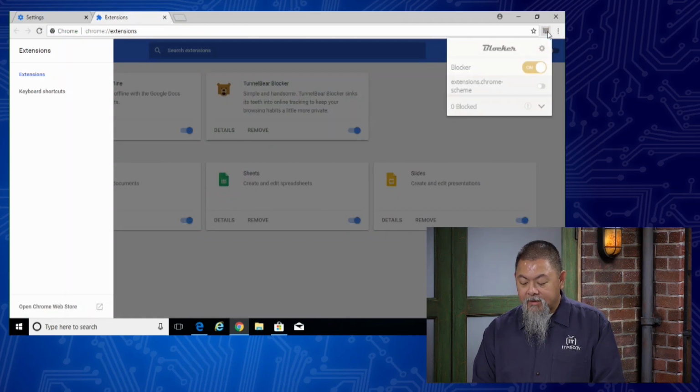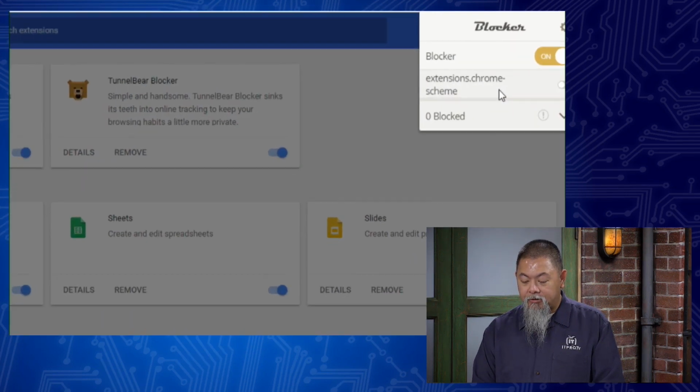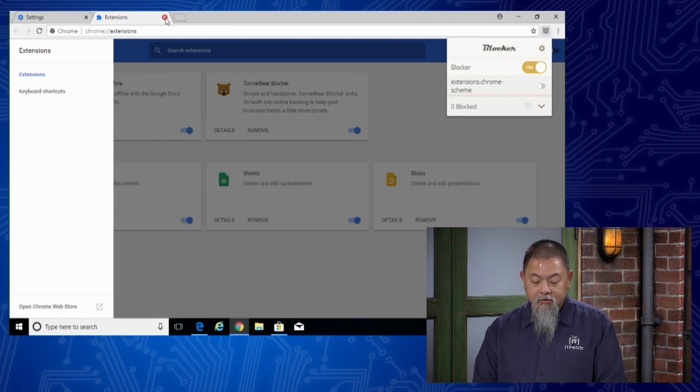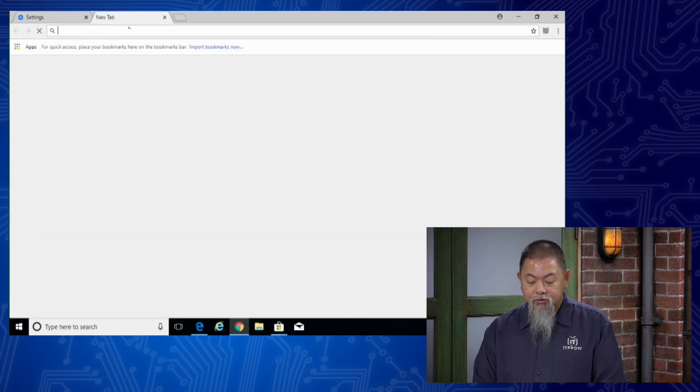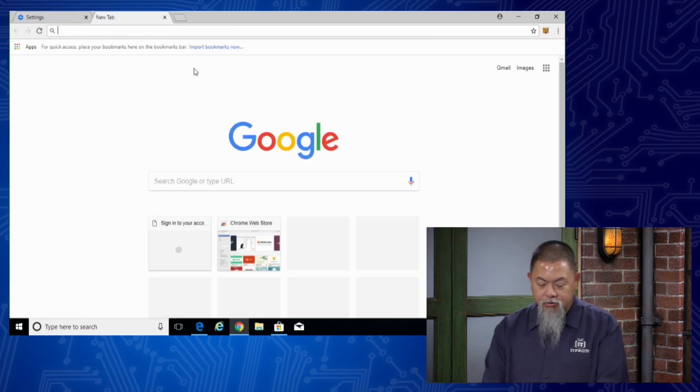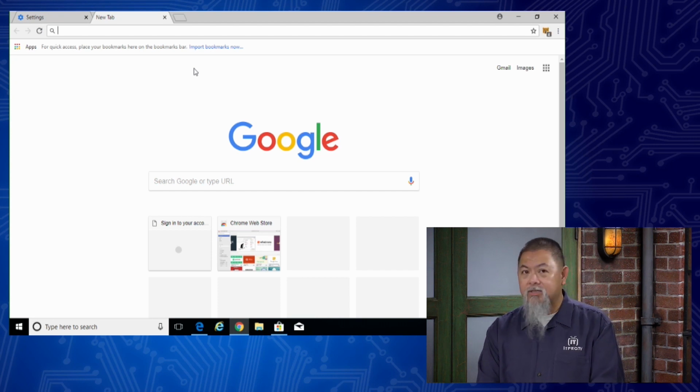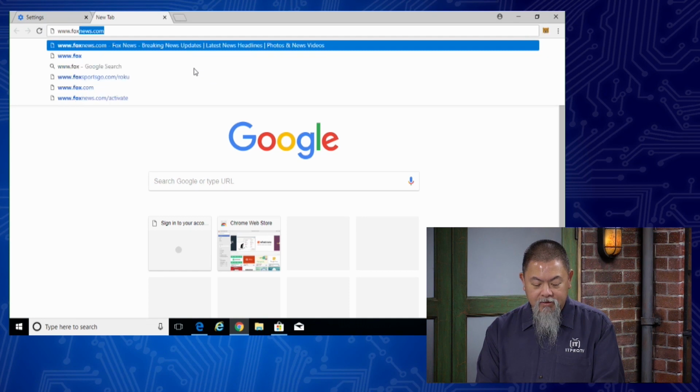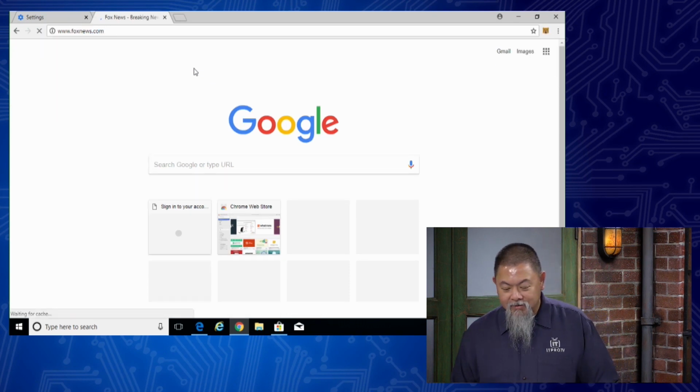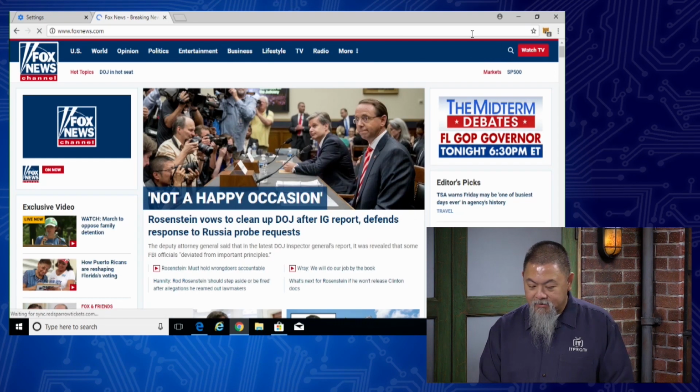So now if I click on the icon, it shows me that it's actually on at this point. So all we have to do now is browse to a website to help us out. We're going to choose another website. Last time we chose CNN, so if we choose Fox News this time, Fox News, fair and balanced, is what we'll do here. And we'll see what ends up happening on this one.